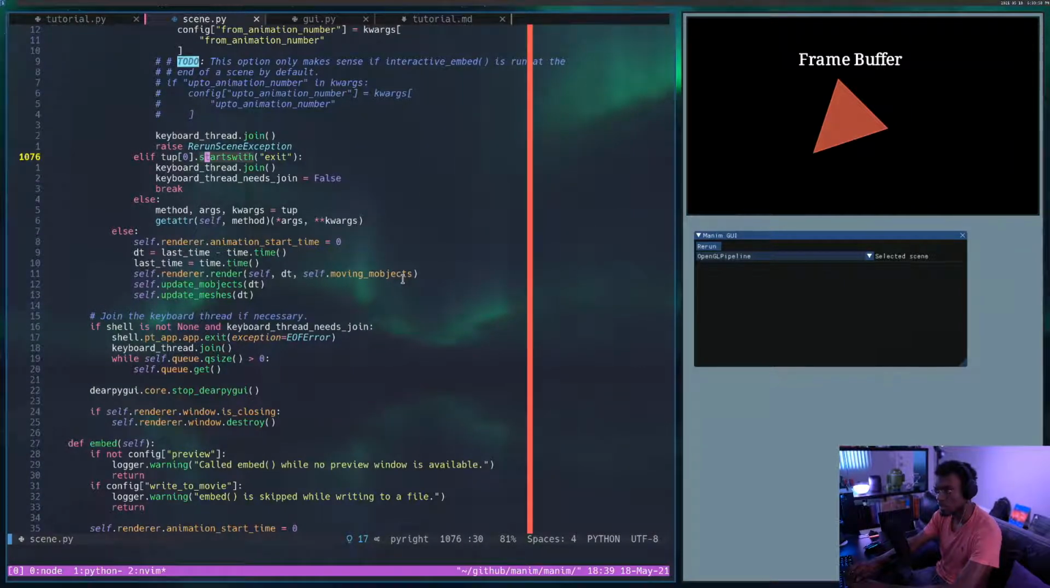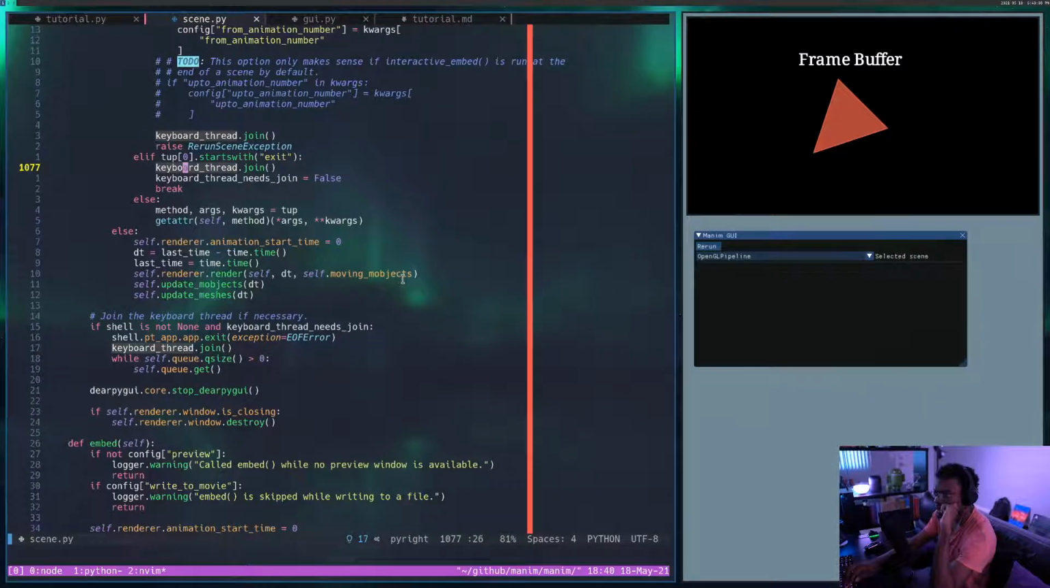Wait, why does it... If the token starts with exit, then it joins the keyboard, and because it joined the keyboard, it doesn't need to do it a second time. Okay, so then it'll break. Break, come out here, it won't join the keyboard thread again, and then it'll stop the GUI. So I think this